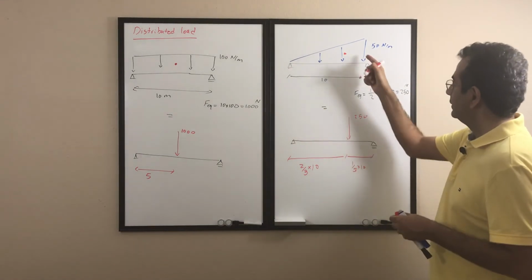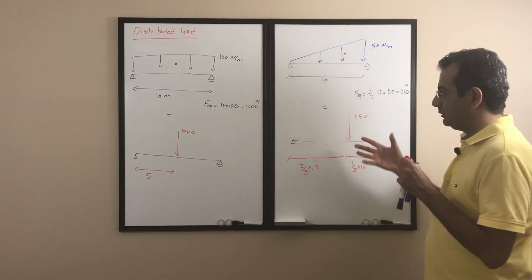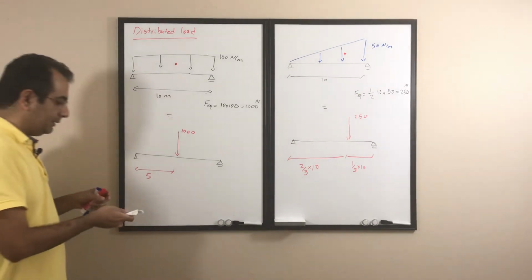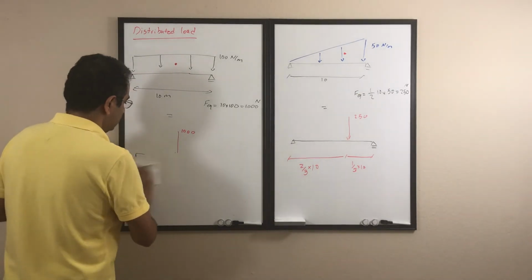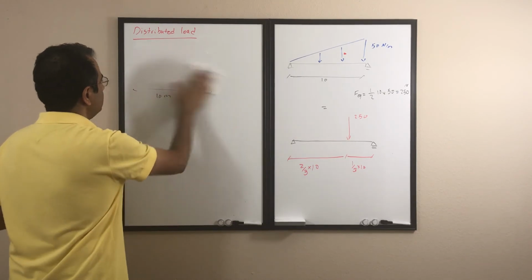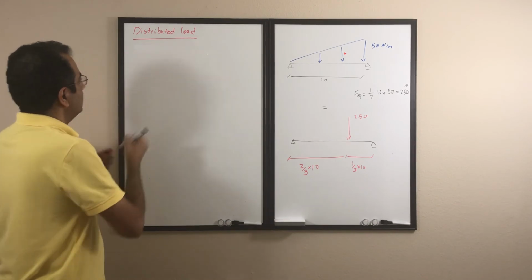So we will replace the distributed load with a single load. If we have a shape that might not be as simple as that, most of the time we can simplify that shape into a simple shape. So how do we do that? For example, let's assume again we have the